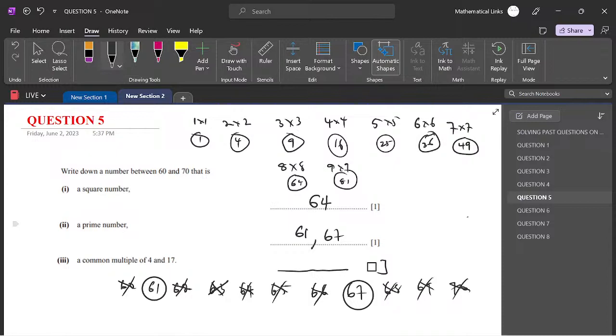So, okay, here you can see that to get the common multiple of 4 and 17, so that was explained,